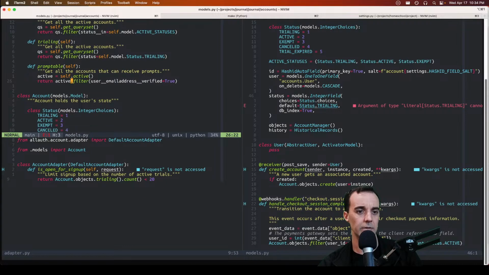I think, yeah, sysfilter right here. We changed it so that it would only send a prompt if you have verified your email. Because what was happening is initially people were signing up without doing any verification, and some of the email addresses were junk. They weren't intended to go anywhere, and they were getting bounces, and it was potentially going to hurt the sending